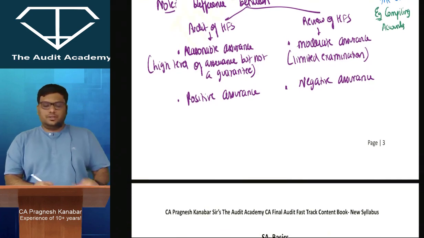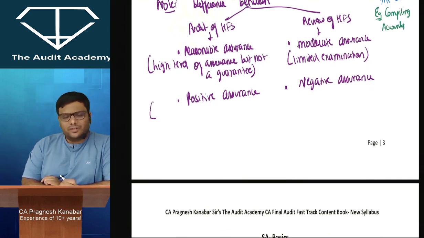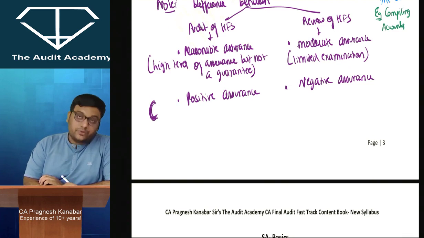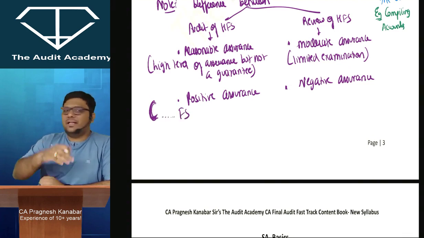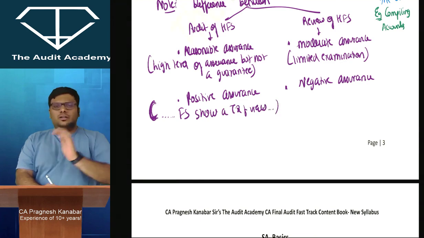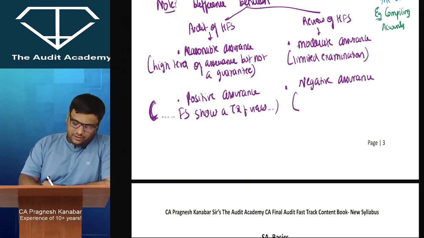Negative assurance. So can you just explain a little further? Yeah, can you just give us more notes? Of course, yes. Anyways, I'm going to give these notes when I teach SRE, but it is better that you write it over here. So when you talk about positive assurance, we hereby express our opinion to the best of our knowledge and so on that financial statements show a true and fair view of the state of affairs as on year end and so on. Right? In case of negative assurance,